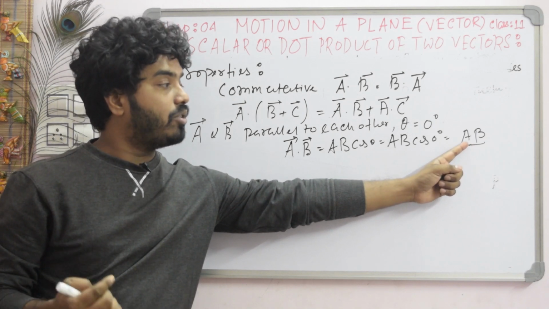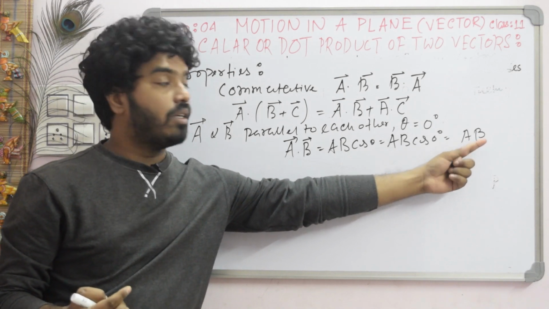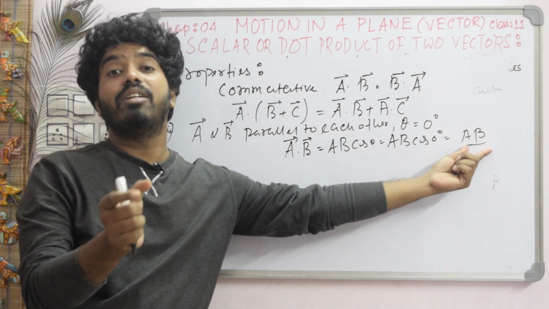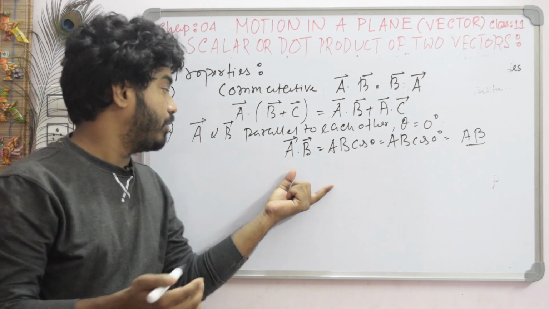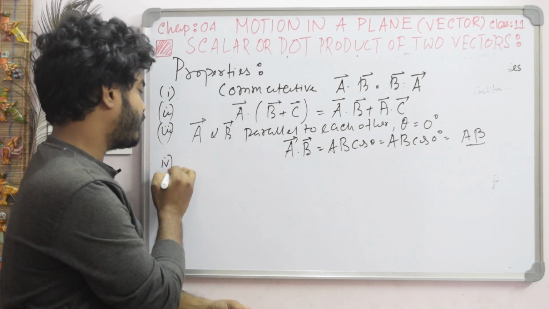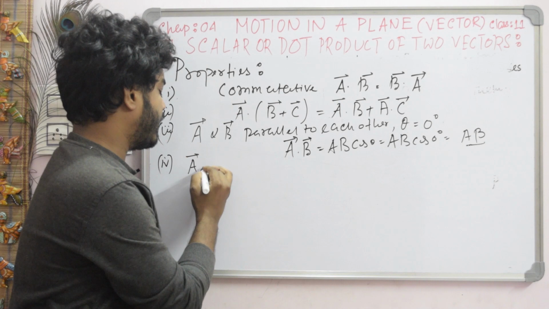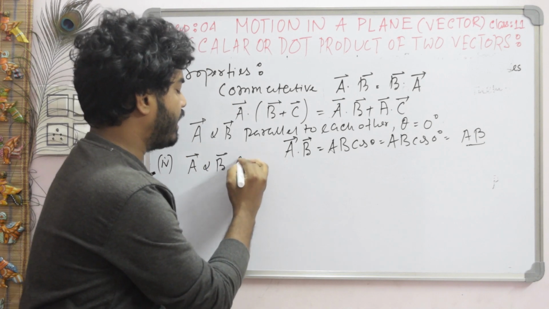This is the magnitude of vector A, this is the magnitude of vector B. So A dot B gives the product of the magnitudes of the two vectors, and this is the maximum value. Okay. Now, the fourth one, just the opposite: consider that vector A and vector B are anti-parallel,